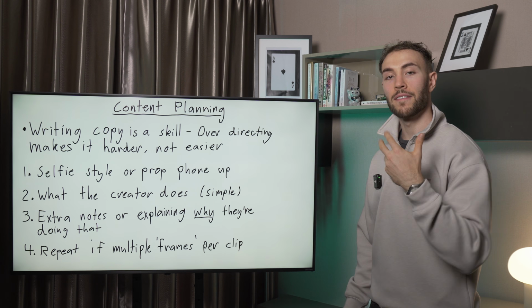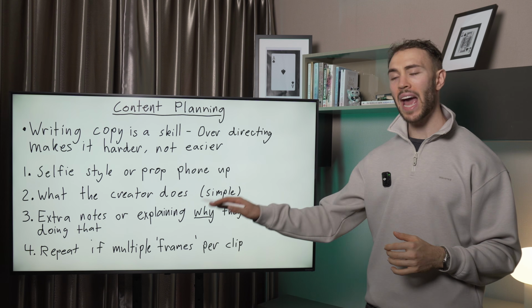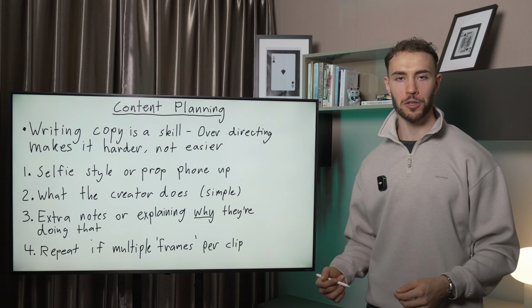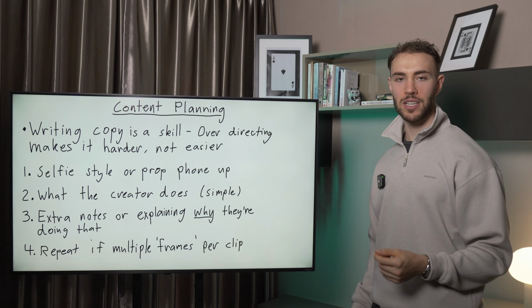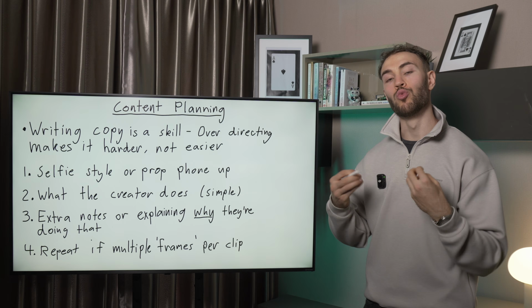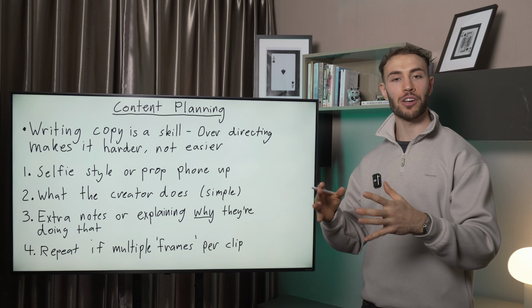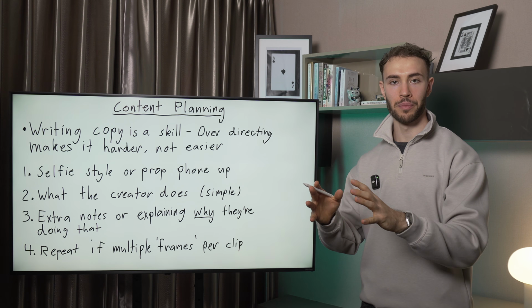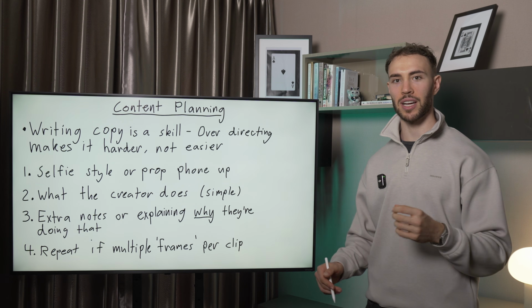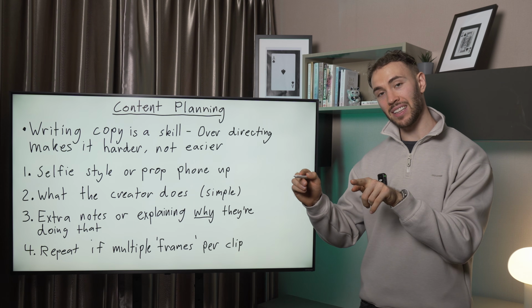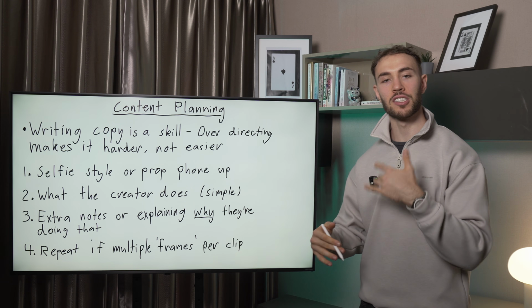what you mean. After that, we'll have a line with some extra notes like be more vocal in this one or laugh while you do it, and even explaining why they're doing that thing. By giving creators the reason that they're doing something, they're probably going to be able to create it more accurately to what you wanted them to do. If it's a sequence where the creator seems like they're doing it for the first time, by putting a short line explaining that, they'll notice, seem more nervous, shy, that